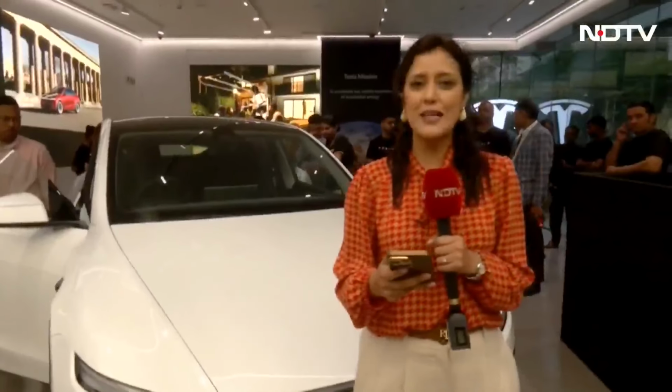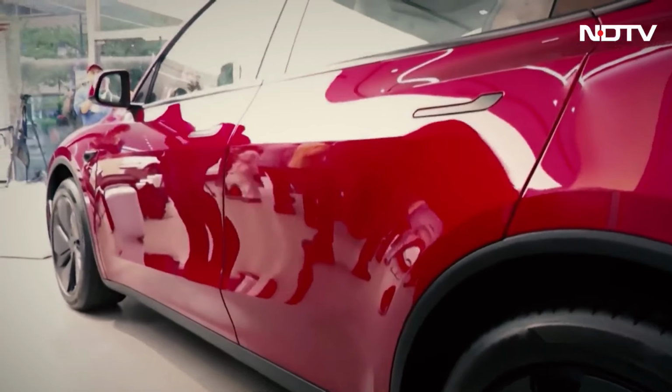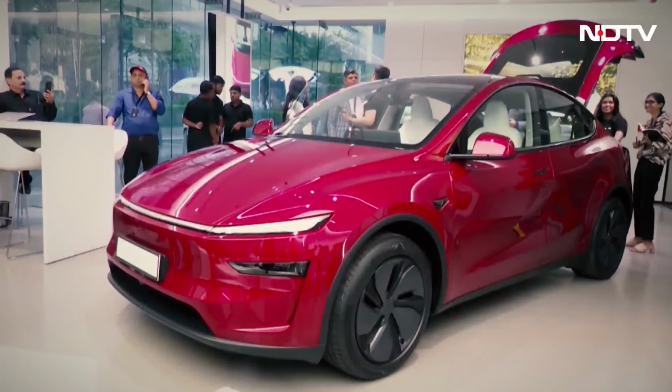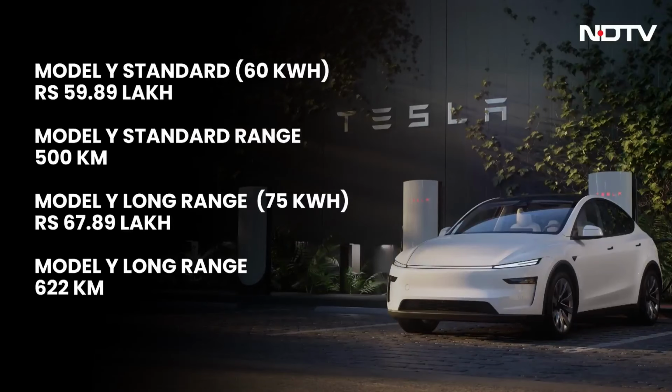Let's talk about pricing now. So two variants are coming, both rear-wheel drive. The first rear-wheel drive version is going to cost you 59.89 lakhs, and this will offer a claimed range of 500 kilometers with a top speed of 201 kph, does 0 to 100 in 5.9 seconds. Now the long-range rear-wheel drive version is going to offer you a 622 kilometer claimed range with a 0 to 100 claim of 5.6 seconds. The top speed remains the same, 201 kph,